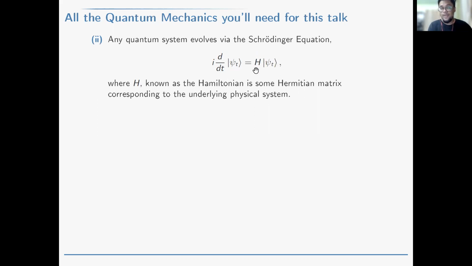differential equation, where this quantity H is some Hermitian matrix. So it's a matrix whose complex conjugate is the matrix itself. For the sake of this talk, you can think of it as some Hermitian matrix that encodes the structure of the underlying physical system somehow. In quantum mechanics, this Hermitian matrix gives you information about the total energy of the system. But for the sake of this talk, you can think of this as encoding the structure of your underlying physical system. So in some sense, let's say we talk about quantum walks, you can think, loosely, that this H is somehow related to the